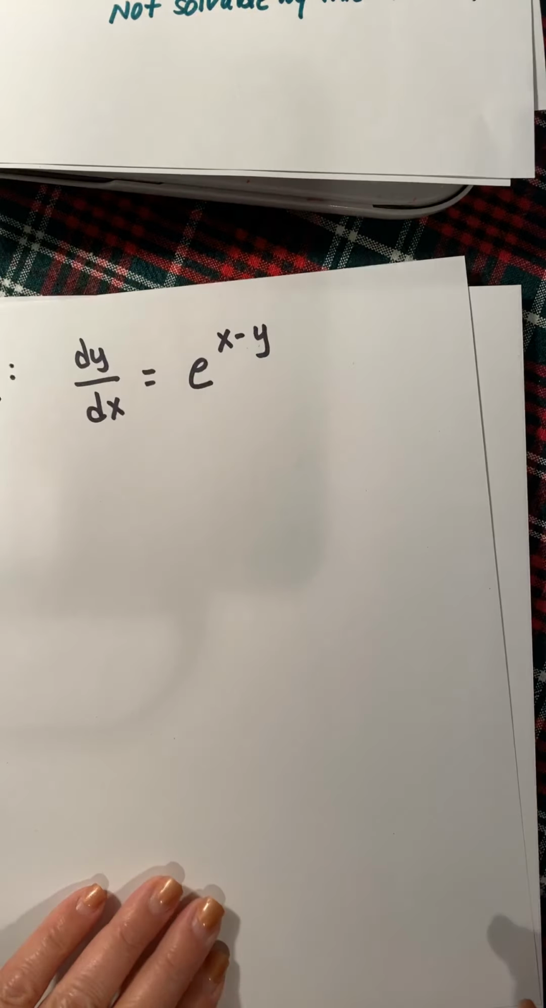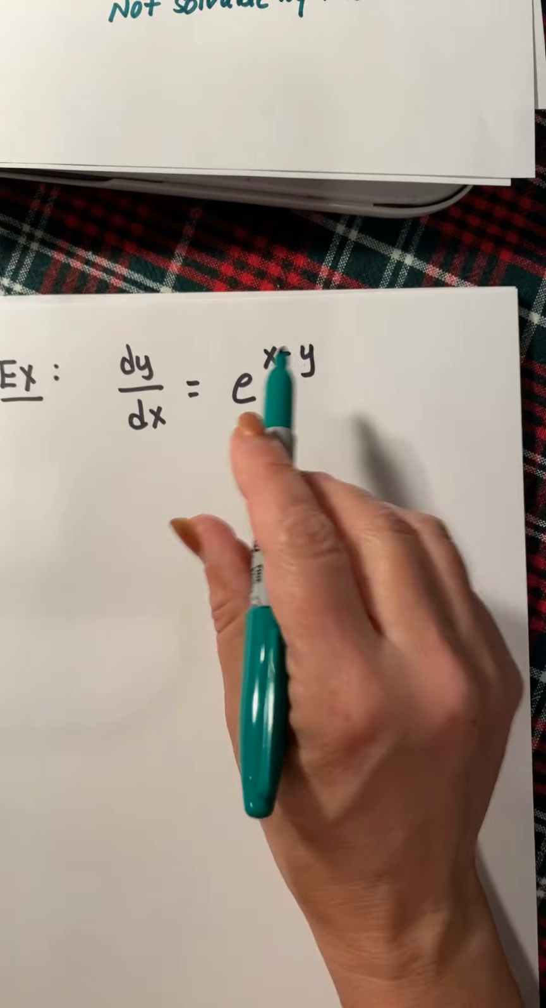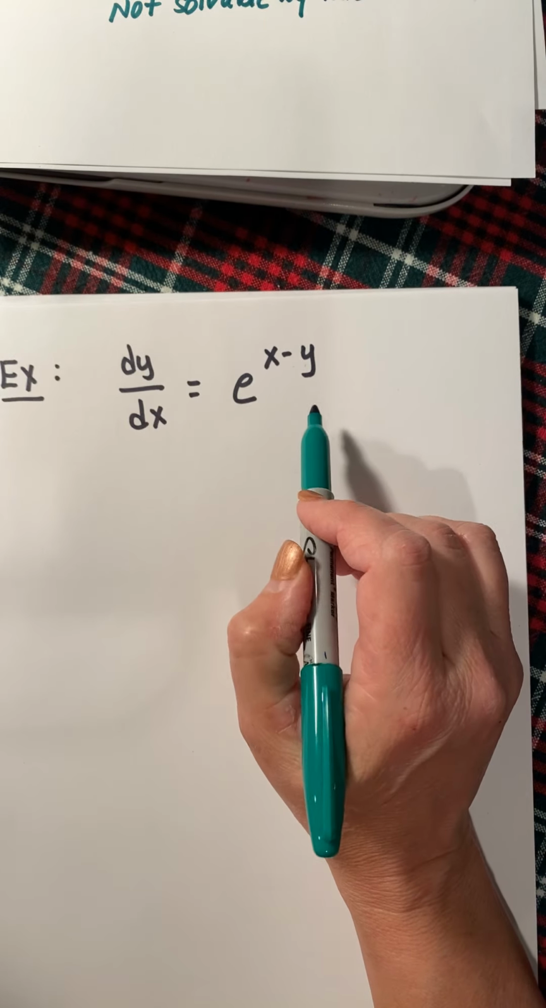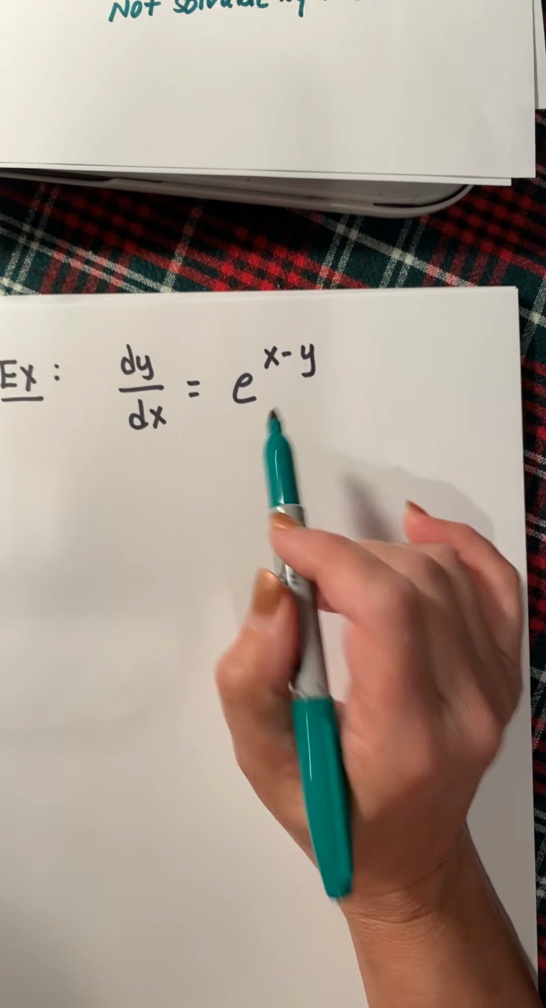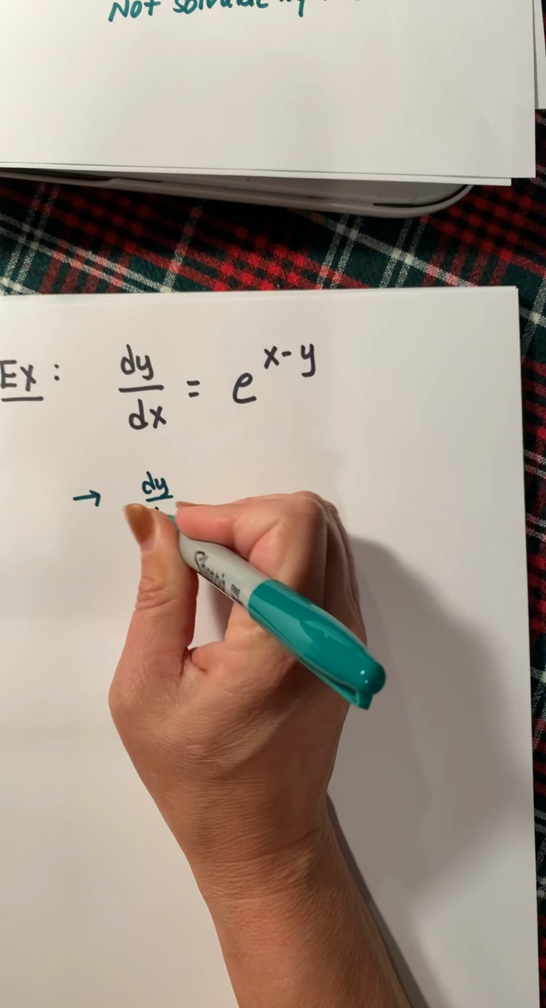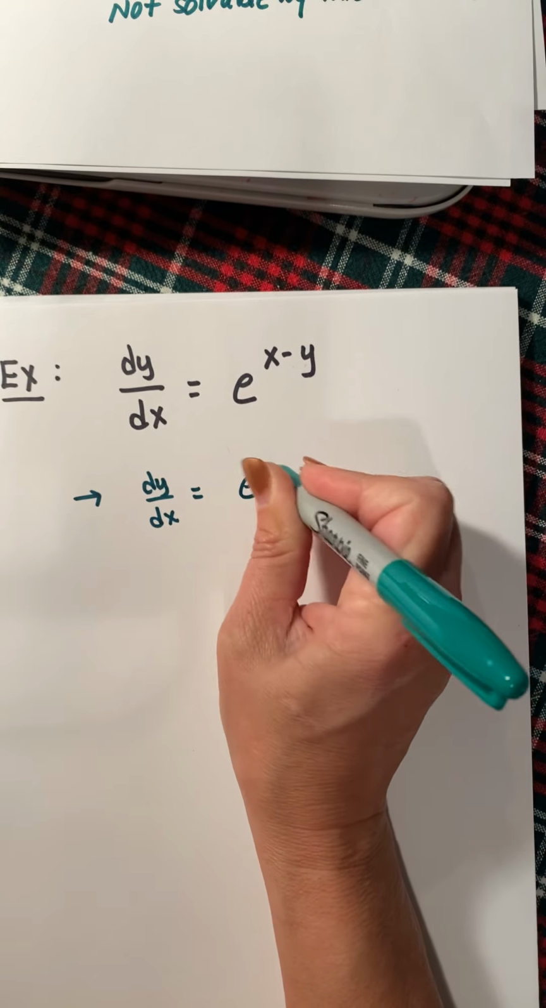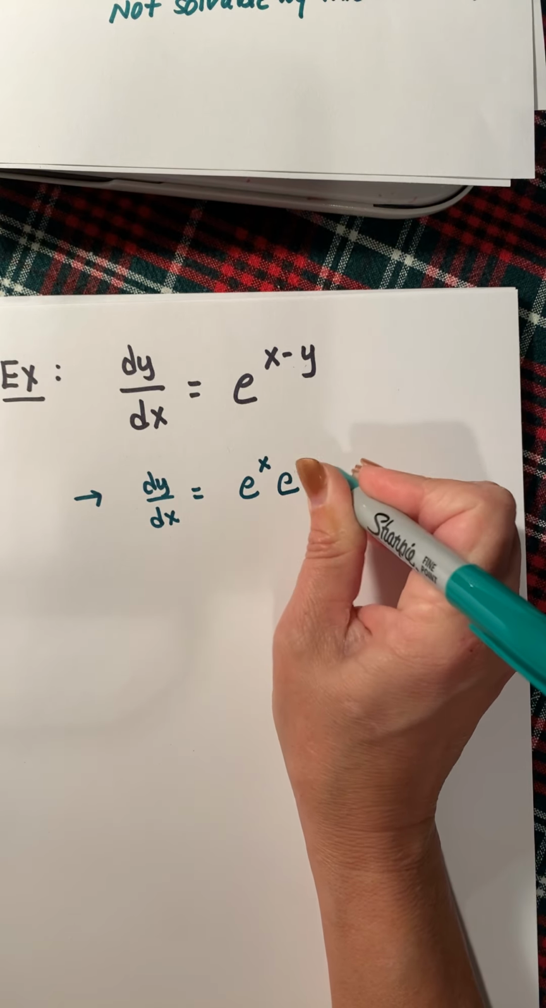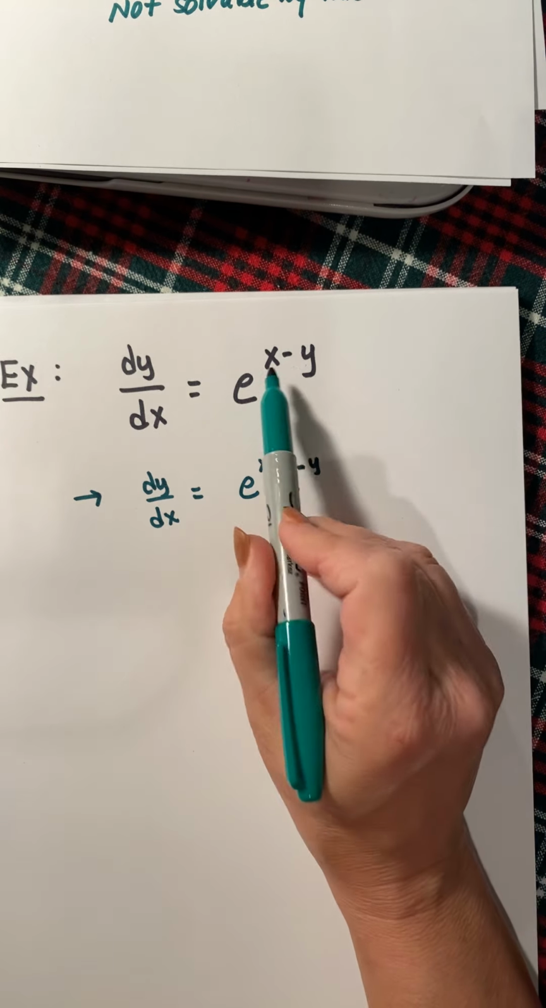All right, let's check this guy. It looks very similar to the last one, except this time the difference is in the exponent. Now, be careful here because this difference can be turned into a product. Notice that this is just dy dx is equal to e to the x, e to the negative y. So if we